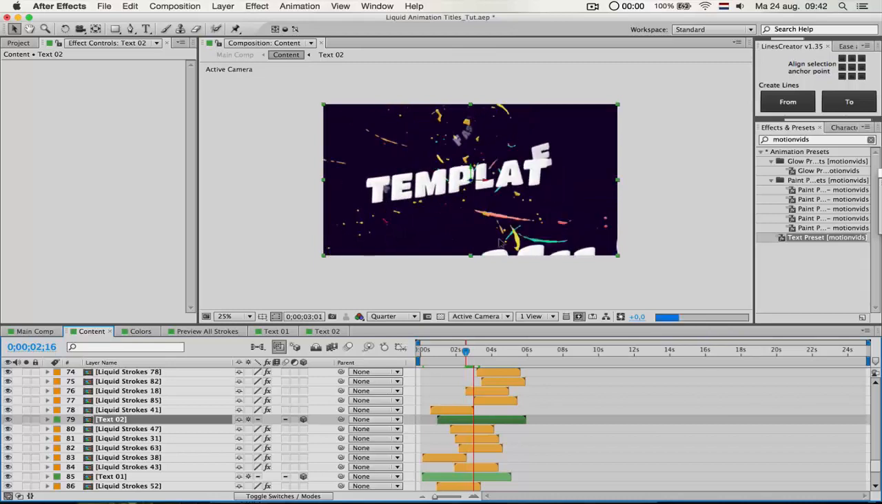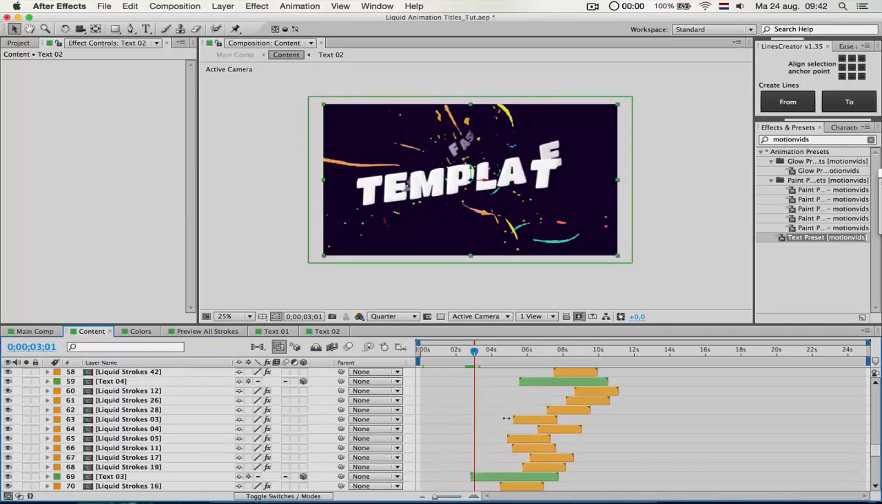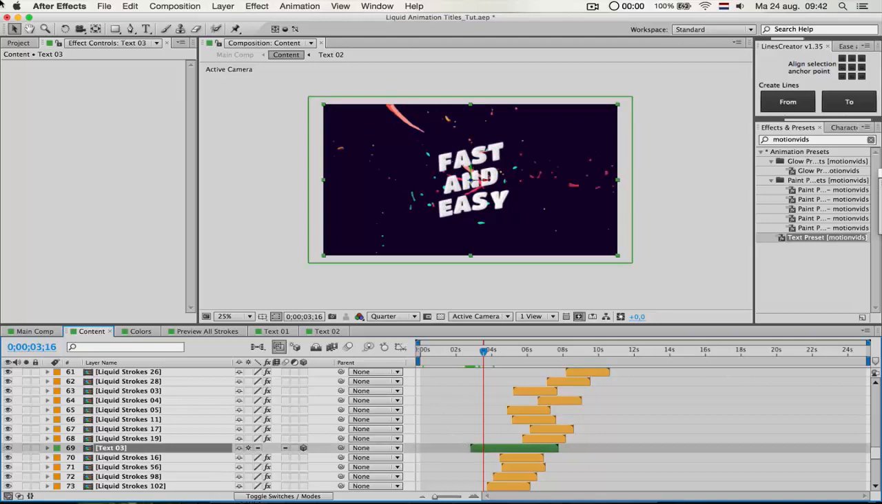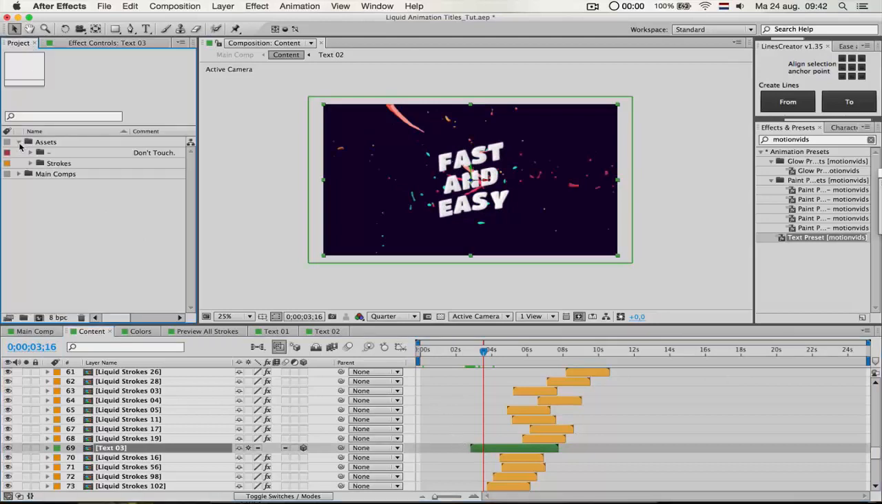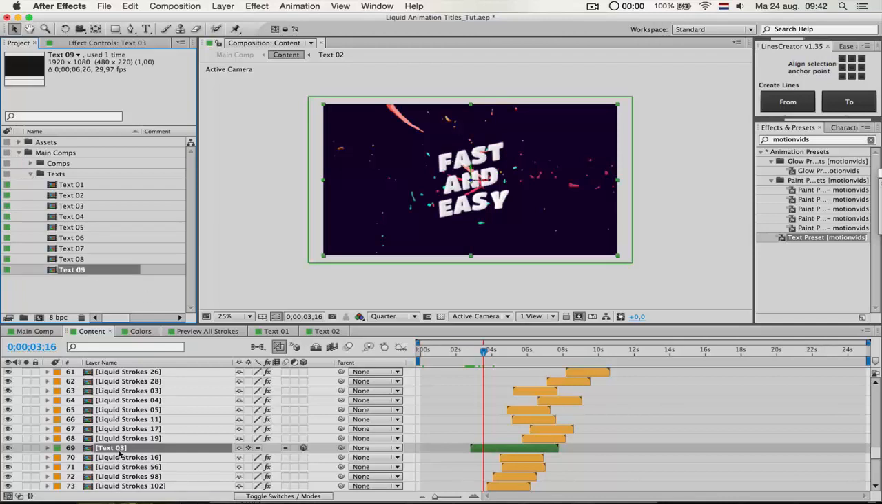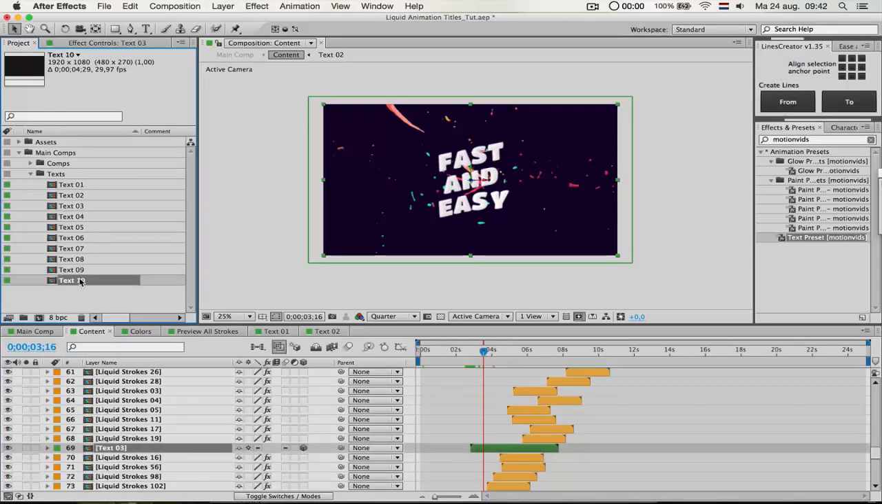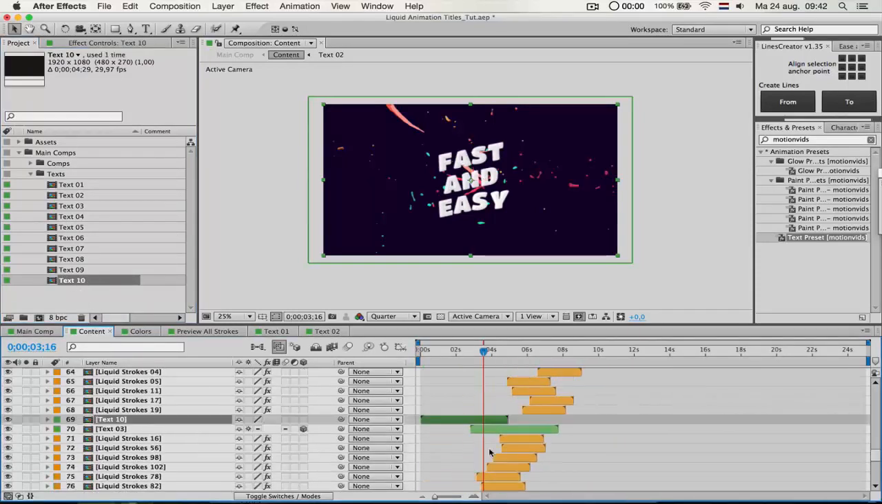So a quicker way to maybe duplicate text layers or text comps. Let's say you like this composition of text. Just go to the project window, go to your assets, to your main comps, to your text, and look out for text tree as we see here, and duplicate it here by pressing Command D or Control D on a PC. And now we have made a unique duplicate composition, which we can then drag into our content comp,